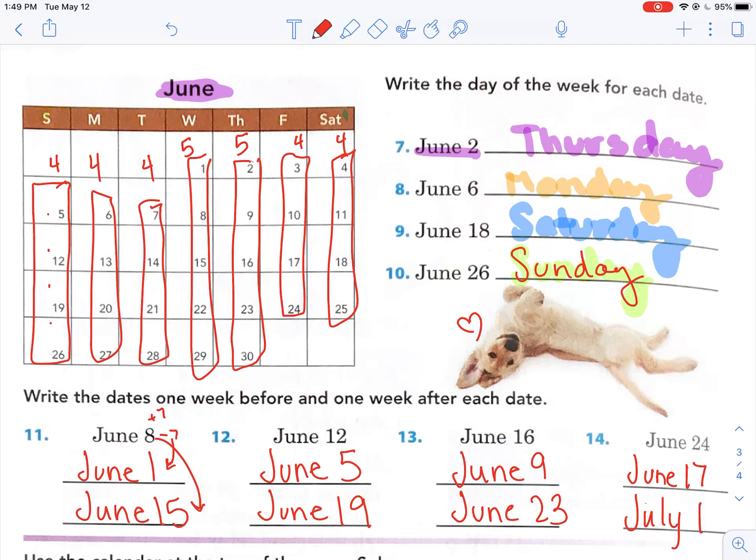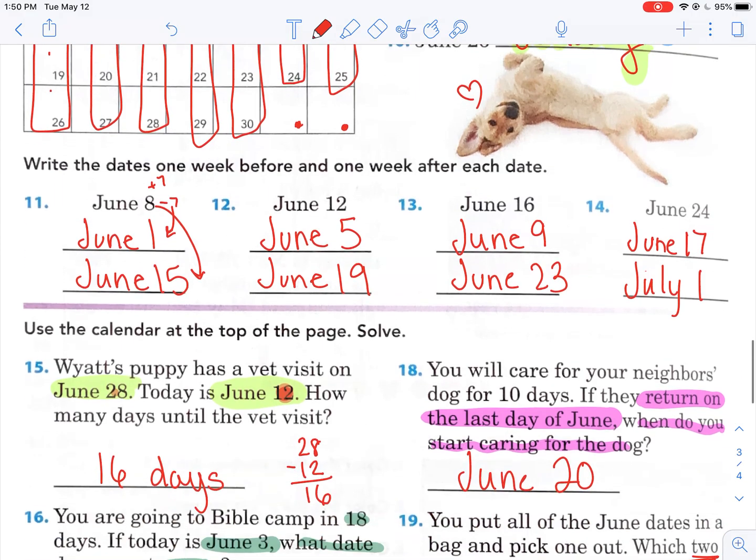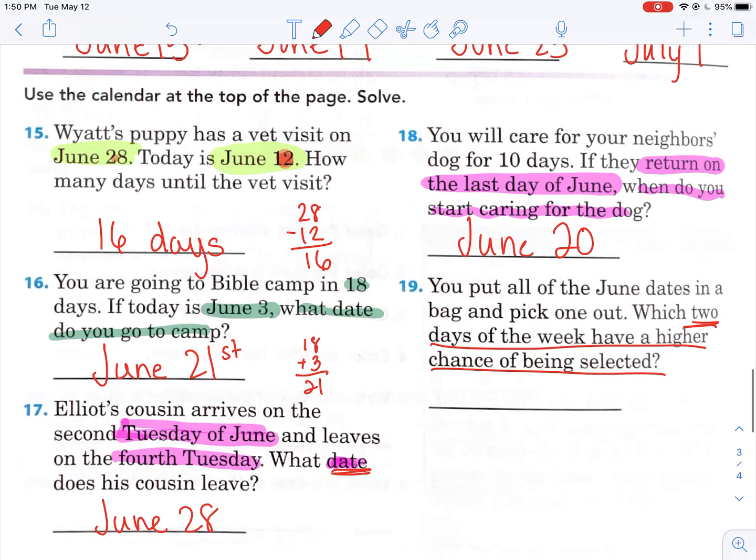Does that always mean there's going to be more Wednesdays and Thursdays in a month? No, it just depends on where the month starts, right? It looks like this month, July, will actually have more Fridays and Saturdays. Do you see it? Because they'll start on a Friday and a Saturday. So usually whatever your month starts on is the days that will have more. Okay, so from this, we see that Wednesday and Thursday have more days than Sunday, Monday, Tuesday, Friday, Saturday in this particular month. So the 2 days that have the highest probability of being selected would be